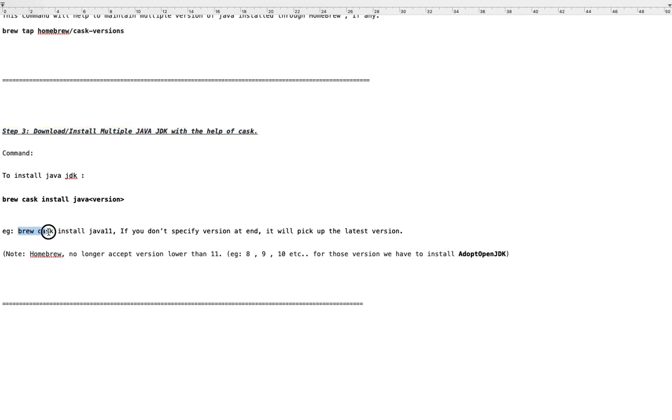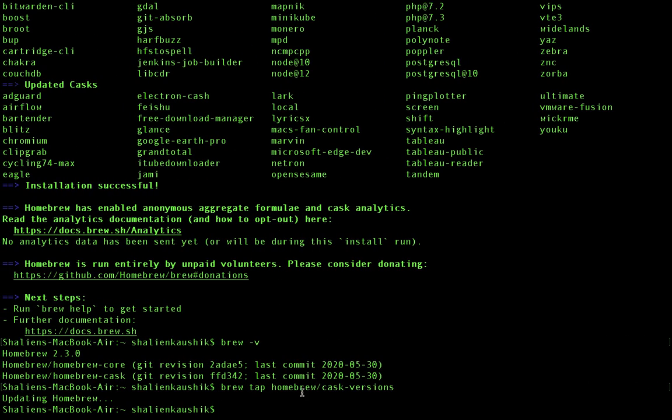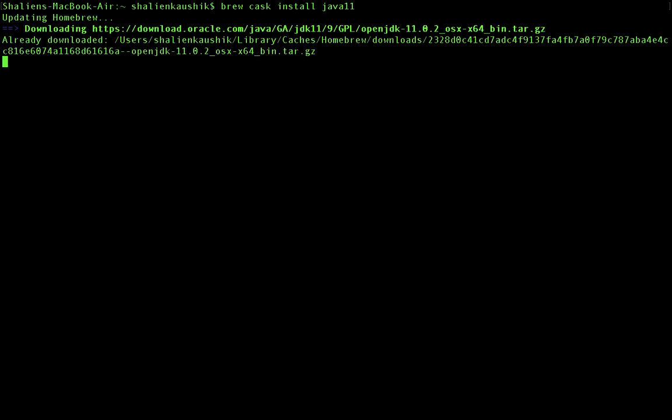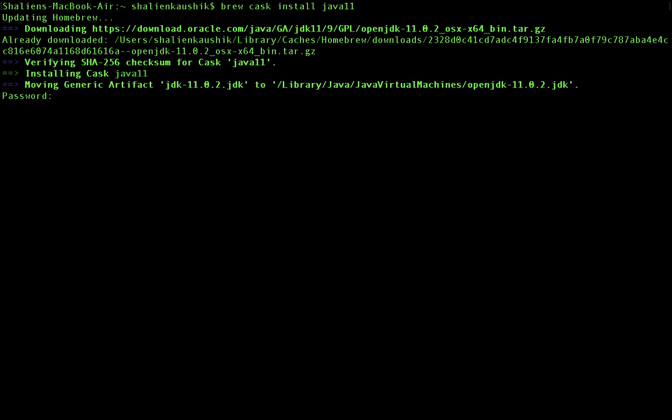So the command is brew cask install. Let's suppose I take Java 11. Clear. So that is the third step. Install Java and I press enter. So guys, in my case, there is a possibility that it will take less time, because earlier I tried with the same commands and some are already installed in my system. But if you are doing a fresh start, then it will take a bit of time. So now you have to enter your system password.